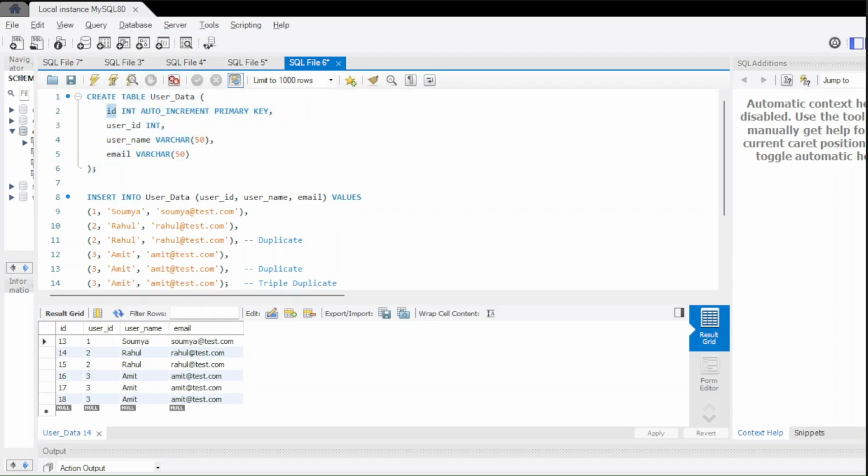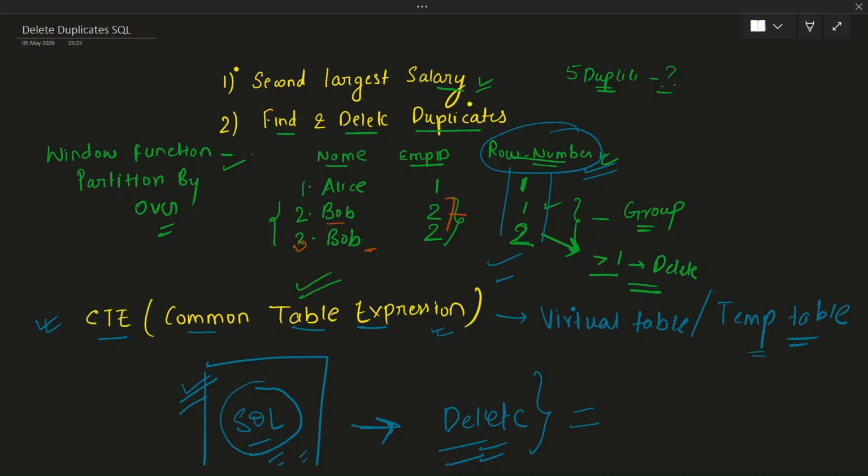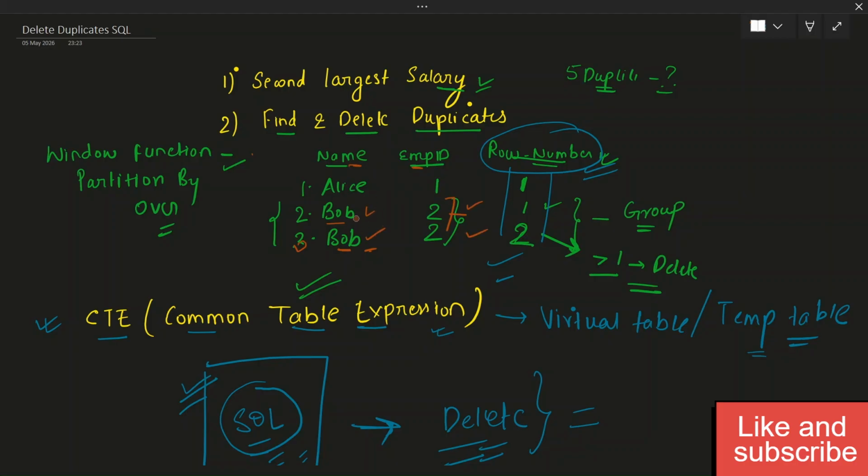In order to understand this, let's quickly jump to our notepad and see the previous example that we have already discussed. Let's say we have already identified that Bob is the duplicate entry and we need to delete this record. But how will SQL know which entry for Bob needs to be deleted? Because there is no primary key here. The name and the employee ID columns both have the same value for the employee Bob. So in order to make the work easy for SQL, we define a new column ID and we define unique values for that particular column.